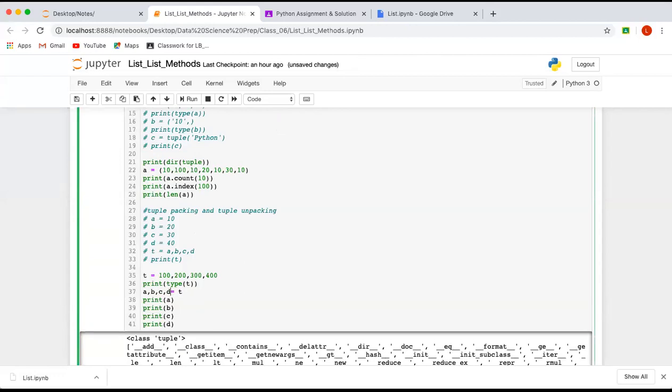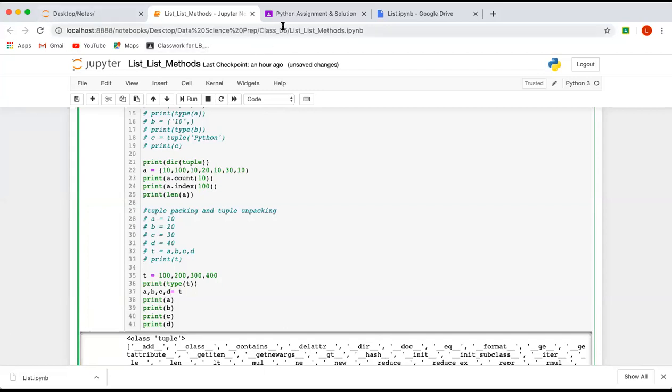Any question? No? Right, fine then. We are done with the tuple. We are done with the list today. Go and practice. I'm not going to start any new topic because in a single day I should not burden you with a lot of topics. Go and practice lists and tuples.